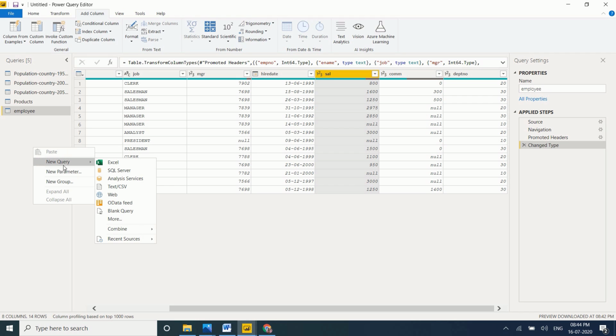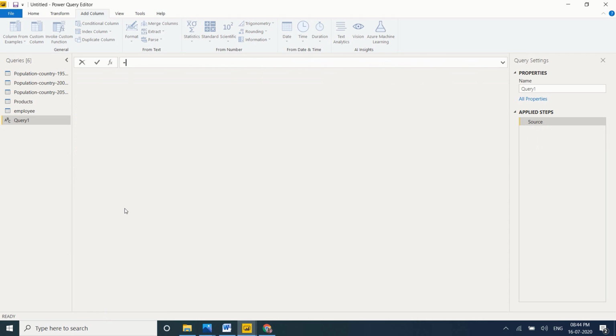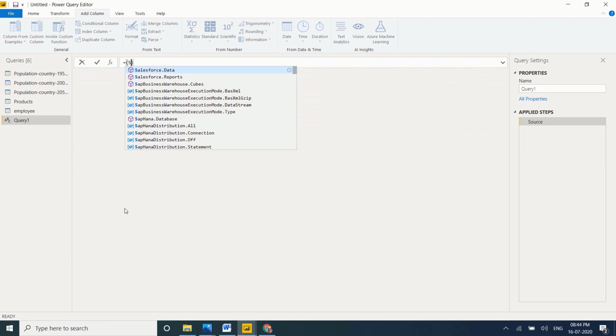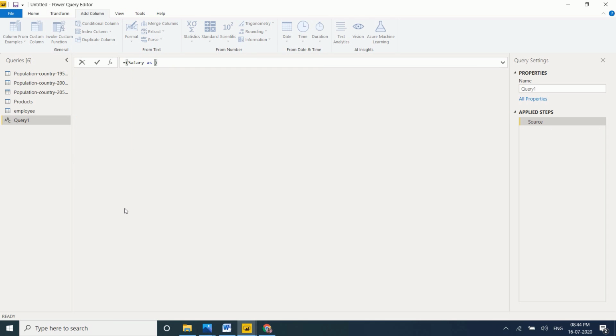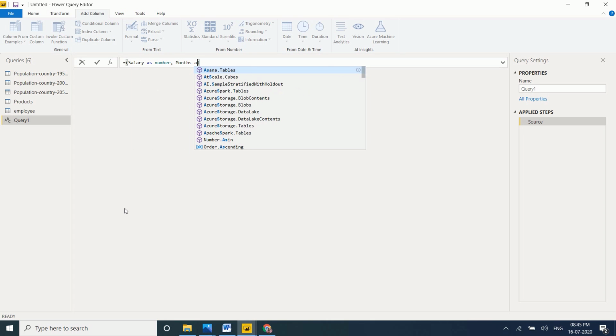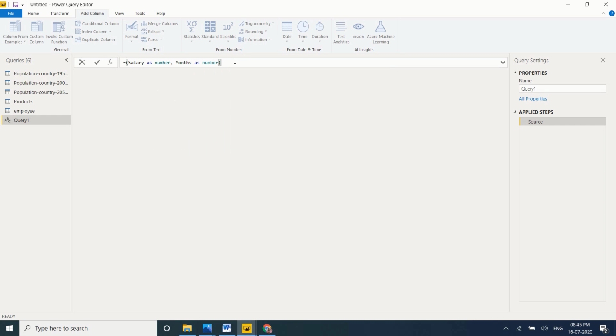Keep here a blank space and new query, come to blank query. Equal to salary as number, comma, months as number, equal to greater than symbol.